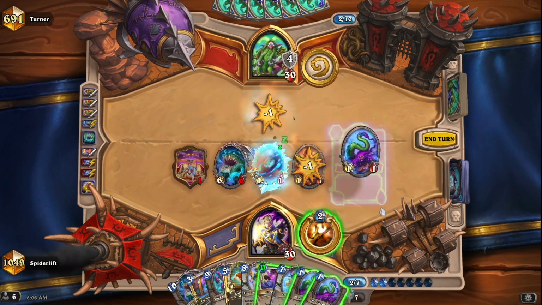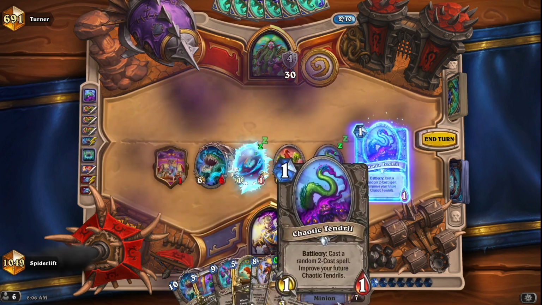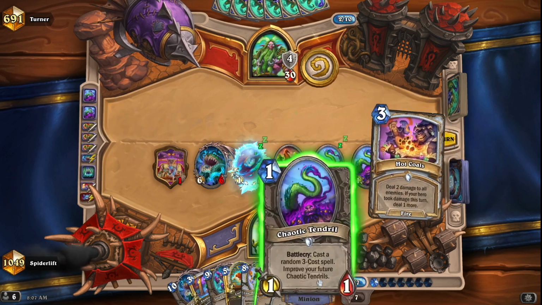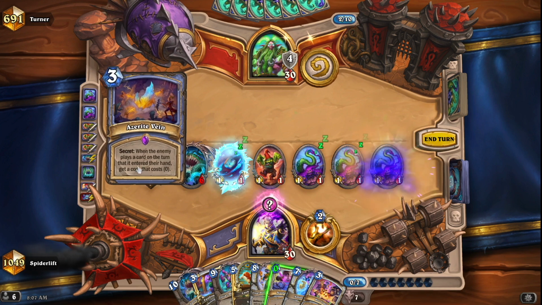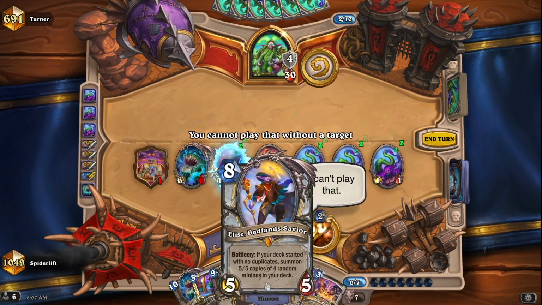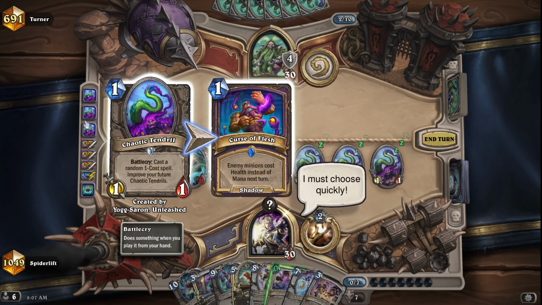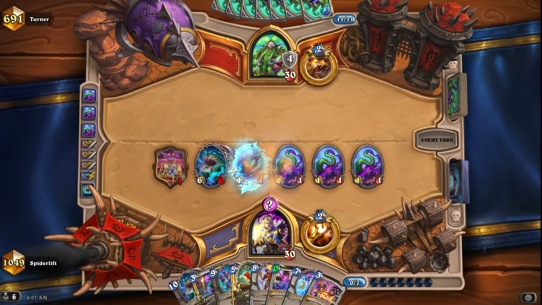I end up playing down one of my tendrils, and that spell, the 1-mana spell that was there, was quite problematic going into the following turn, especially because it's using their health to summon new minions, and if they have Stargazers in their deck, I could be in a little bit of trouble, because they'll be able to summon a few of those, especially with the 11 mana